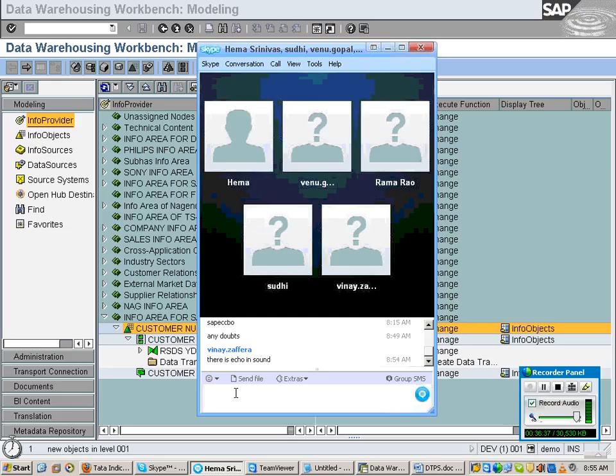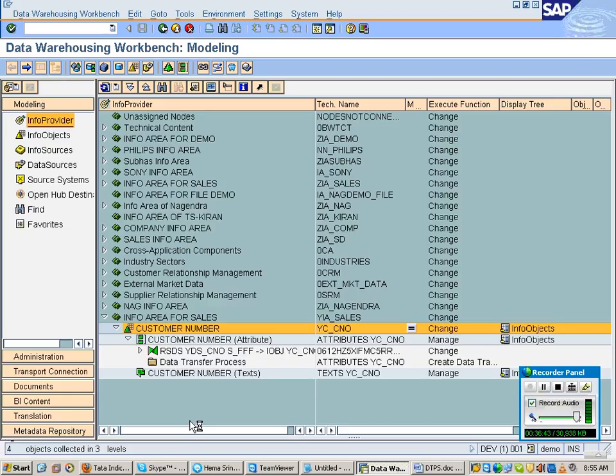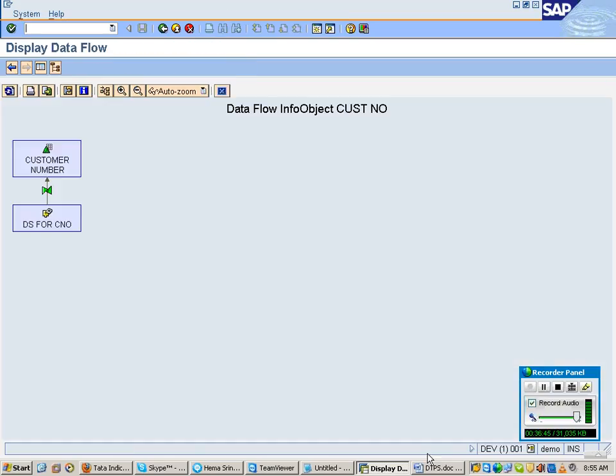Now what I can see, this is my data source, and through my transformation, from the data source it is coming to my target. Can you see the flow now? So that is what I did.